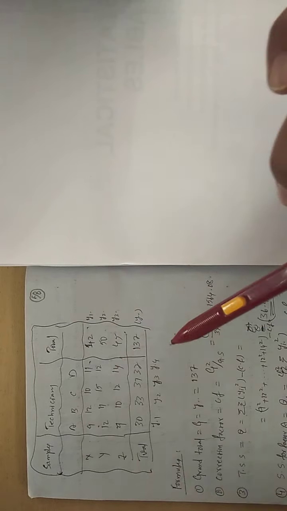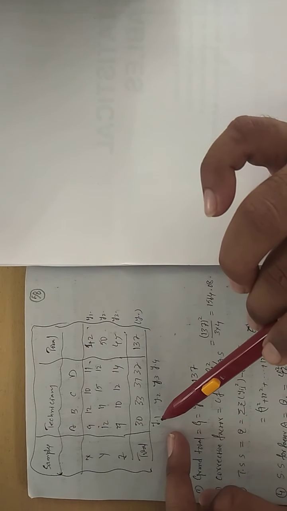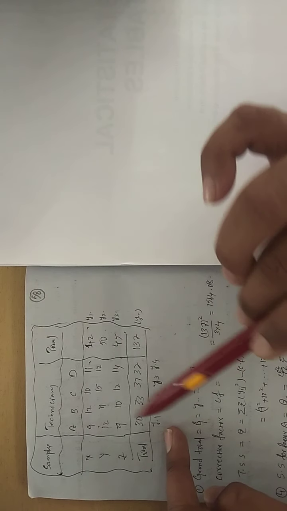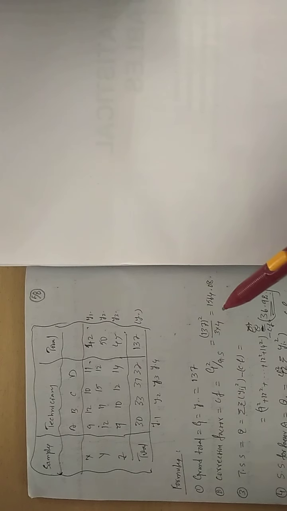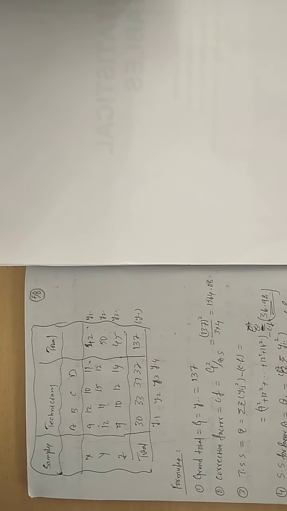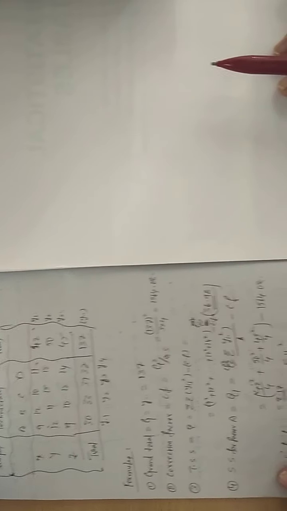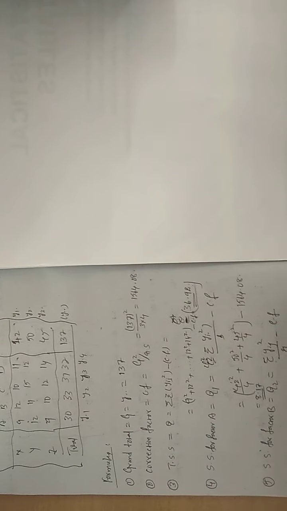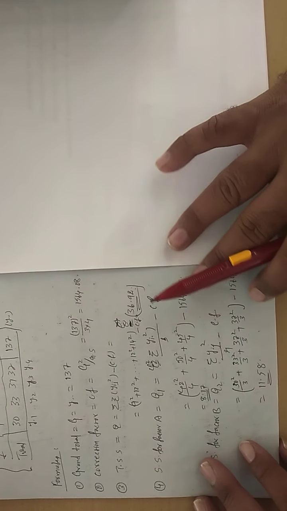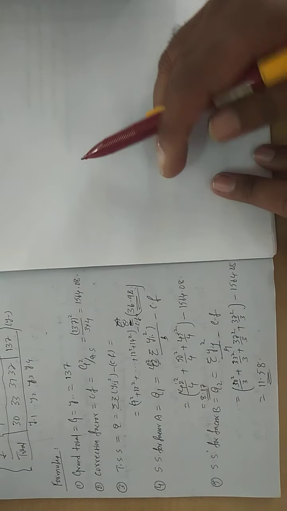Compare this problem with that of the theory. Same with the first column total, I wrote here y dot 1, y dot 2, like that y dot 4, because in the substitution it is going to be very easy. Now go for the 6 formula values calculation. So first one is the grand total. How do you denote grand total? Capital G. So what is that? Capital G, y double dot, 137 you got.